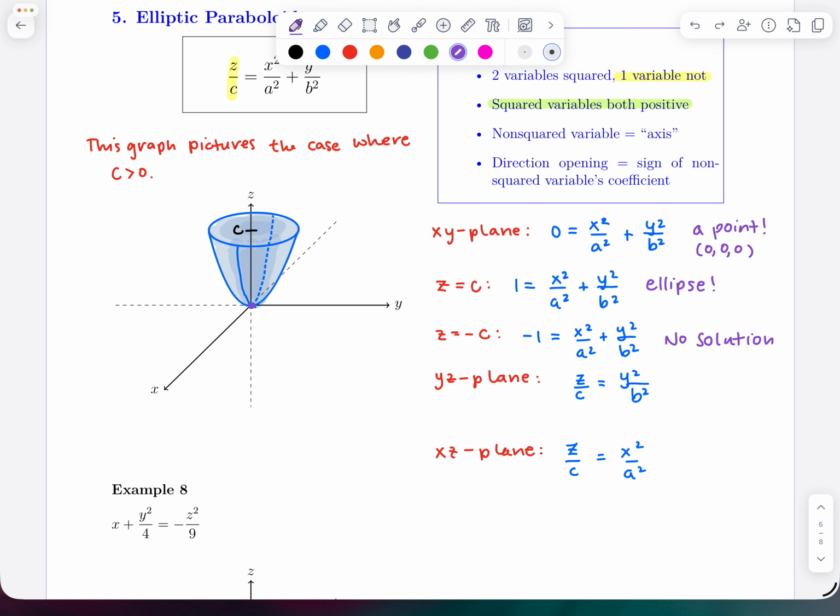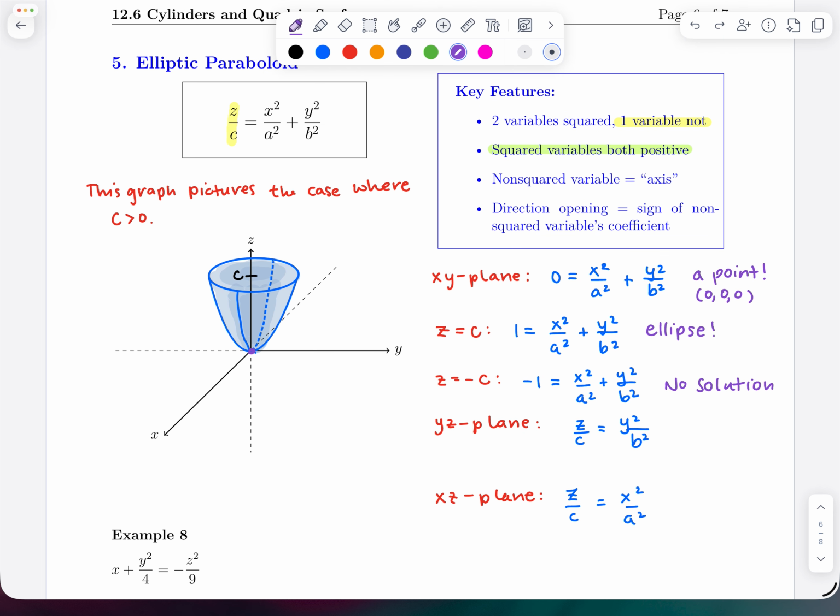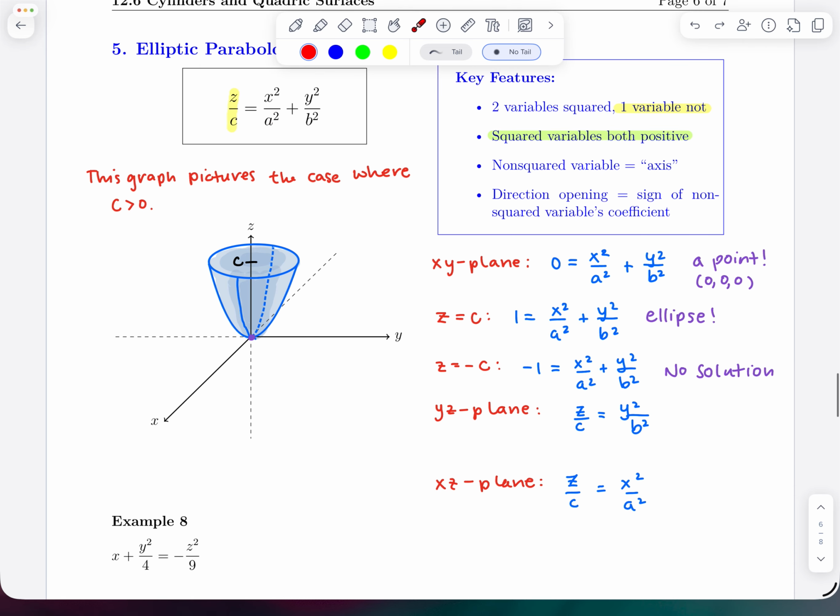So now when I look at the yz plane and I set x equal to 0, that term is going to drop out. So that term is gone, and we're left with z over c equals y squared over b squared. If I rearrange that equation, I could solve, and I could say, hey, that's z equals c over b squared times y squared. Now if we investigate that equation, b squared is always positive or greater than or equal